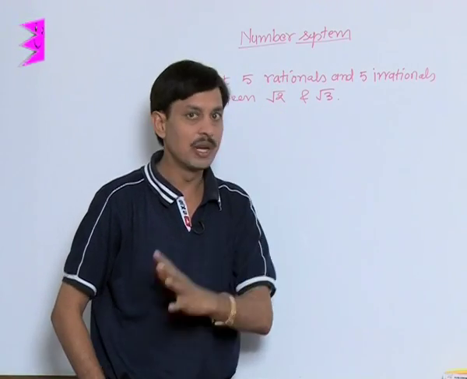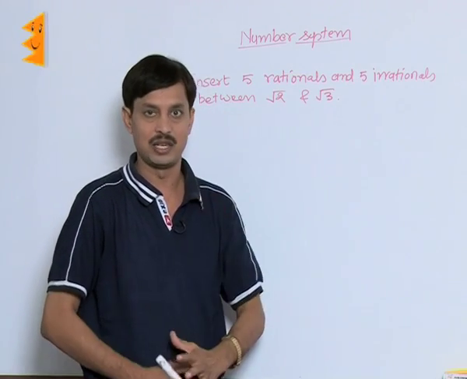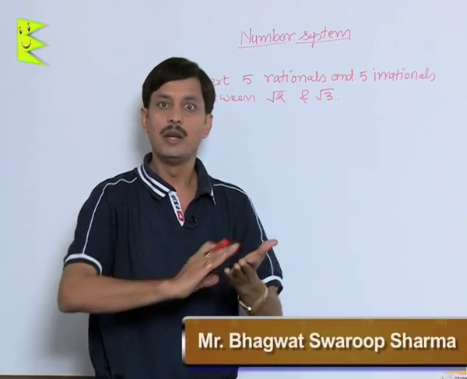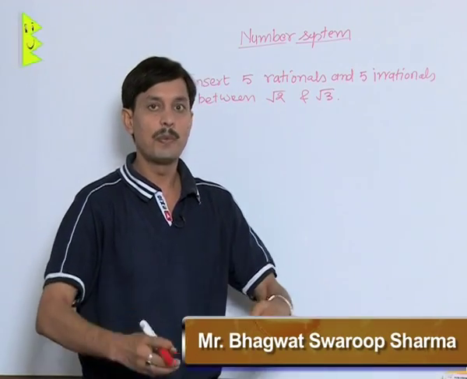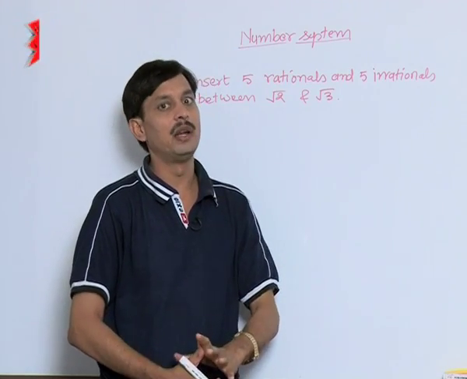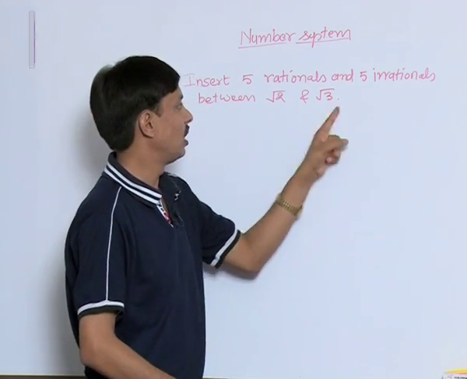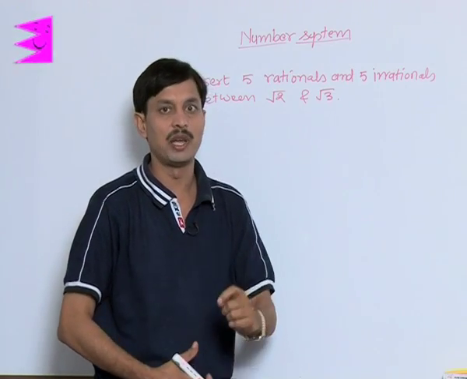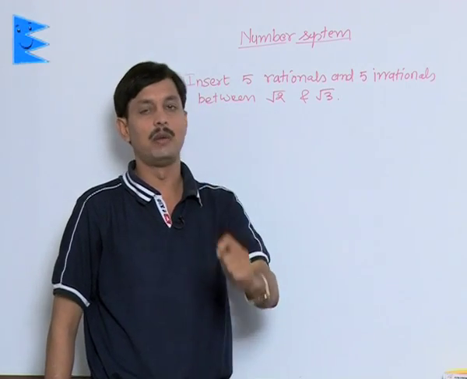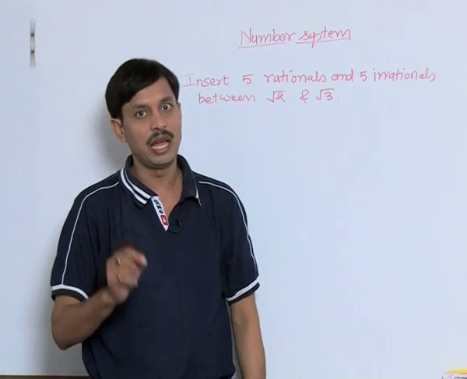It is very much clear that root 2 is an irrational, root 3 is an irrational, because one can find their square root up to any places of decimal, no pattern, no repetition. Nothing we can find in any of these two cases. That's why their answers will come in the form of non-terminating, non-repeating, and such numbers are to be taken as